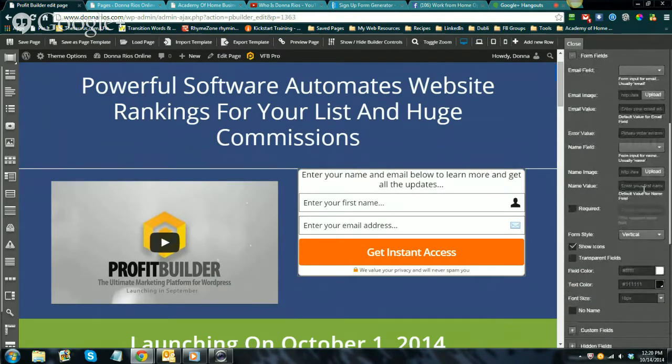Kind of look to see what it says. It says enter your first name here under the name value. That means this is right here, the name value. So if I wanted to change that, and just say enter your name, as you can see, as I change it, it's just automatically changing right there in the form. So you can see instantly the changes that you're making. So let's do